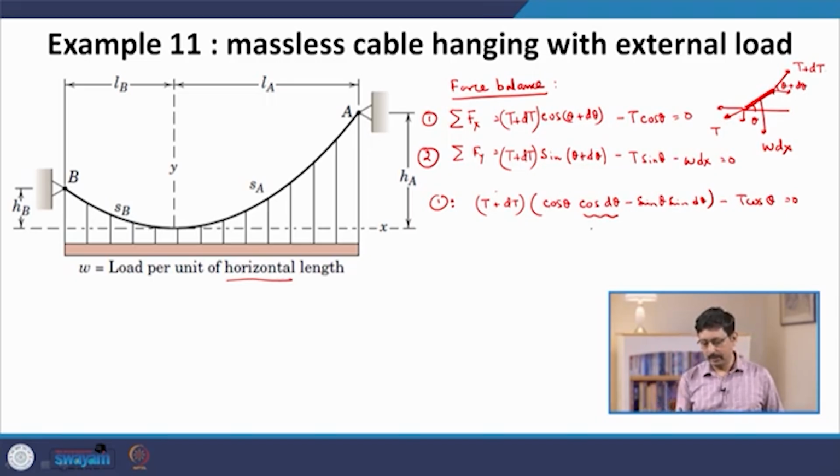So, we can approximate cos d theta to be 1, and the sine of d theta we can approximate by d theta. With this approximation, what we get is